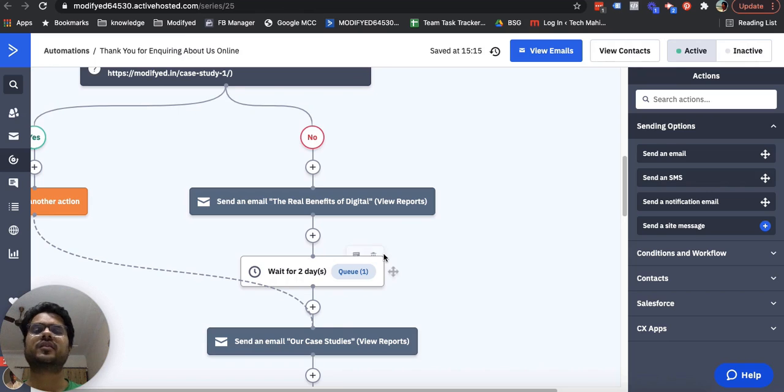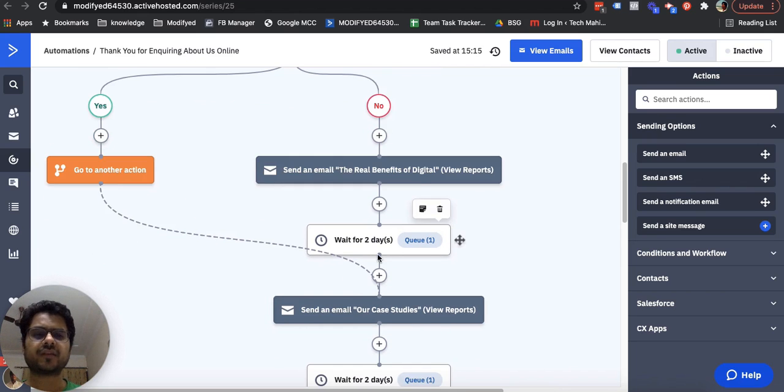This again increases value. So keep in mind that all of this is happening at the back end. And invariably what ends up happening is that a lot of these prospects who are entering our website every day, because the sales team is constantly busy engaging with them on the phone, a lot of these prospects we're not able to tap immediately. Parallelly, our email marketing engine is tapping them and staying in touch with them. So the contacts are getting nurtured, right? So this is the beauty of email marketing automation, right?